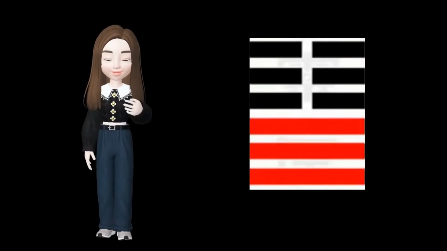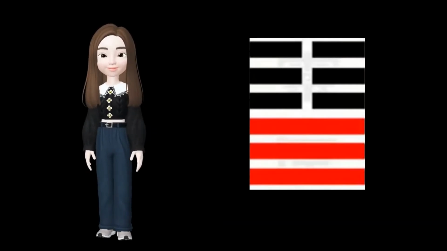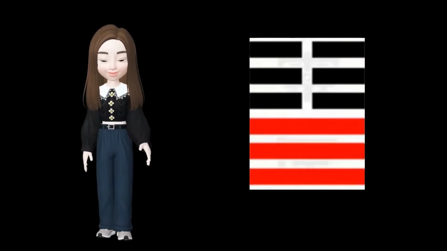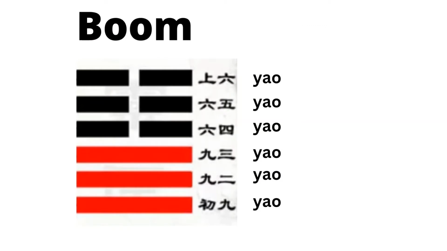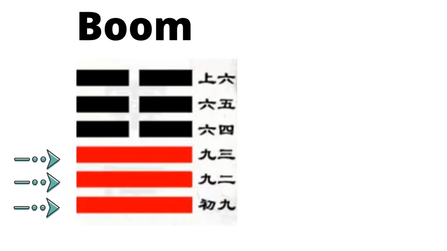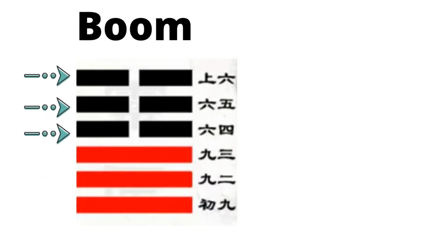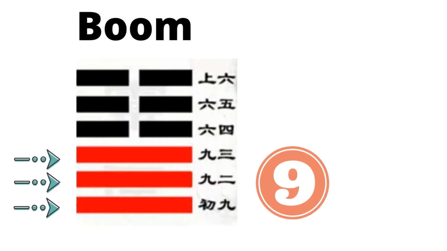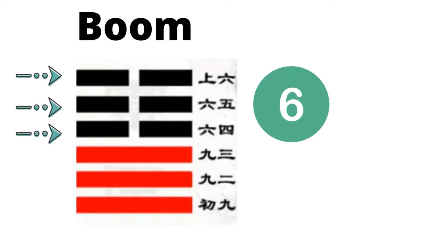Up until now, I guess you might have acquired the basic concept of hexagrams. So, we go a bit further. Each hexagram is made up of 6 yaos. Yao can either be yang or yin. In the Book of Change, there is a special way to address yang yao and yin yao. 9 represents yang yao. 6 represents yin yao.